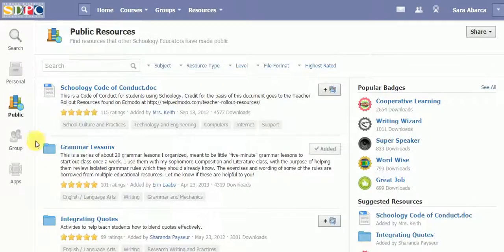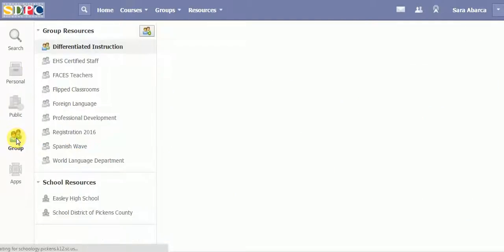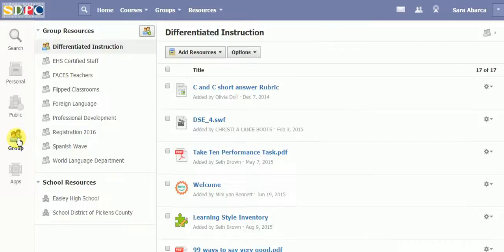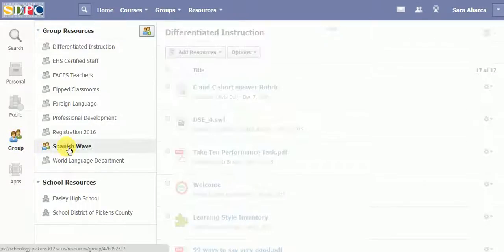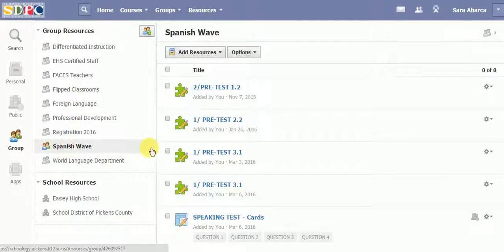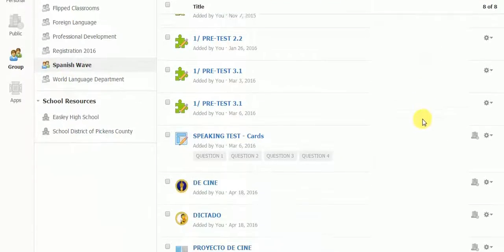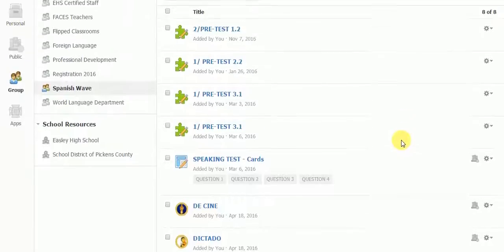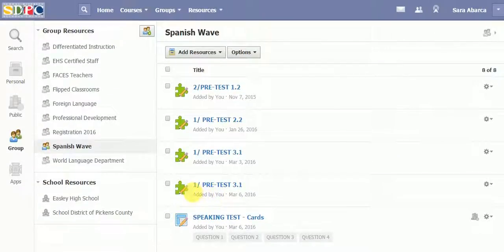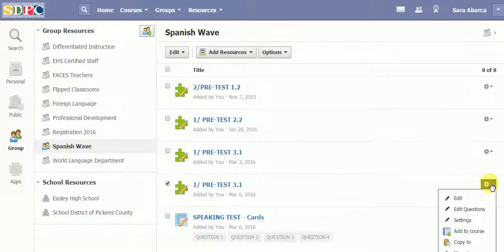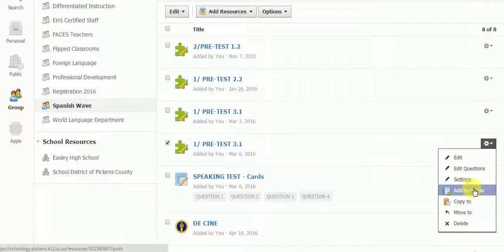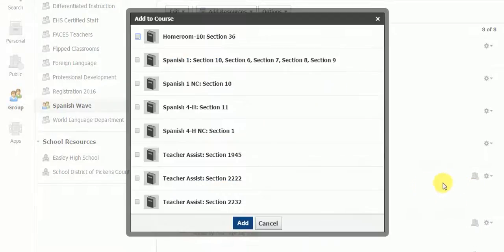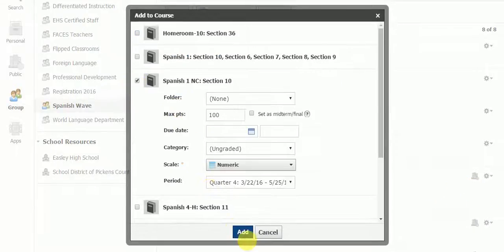Well, the next thing is the group resources. So as I said, I have a group with other Spanish teachers that's called Spanish Wave. And here we have some shared resources. The cool thing about it is, let's say, for example, I want to add this pretest 3.1 and I want to add it to one of my courses. I add,